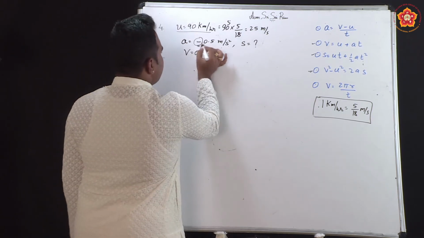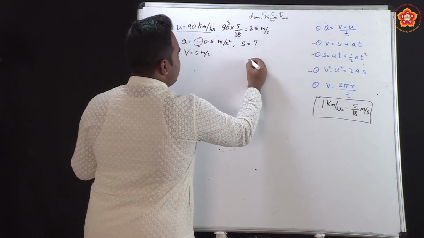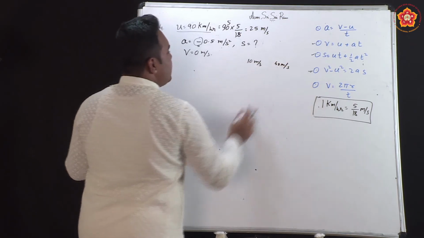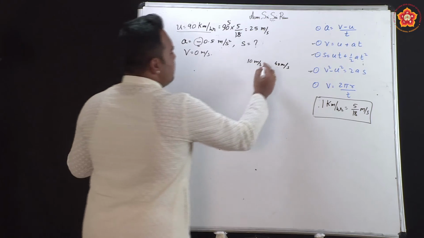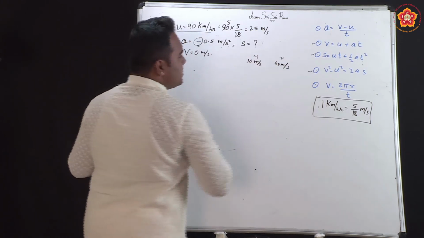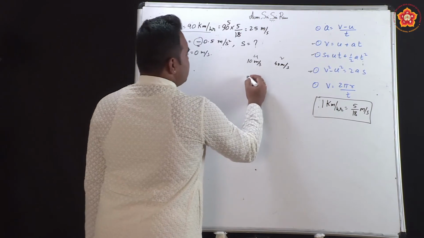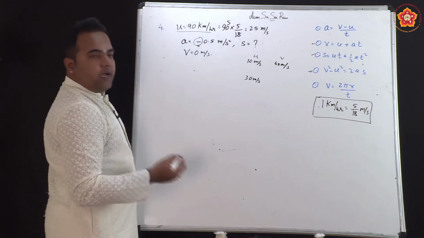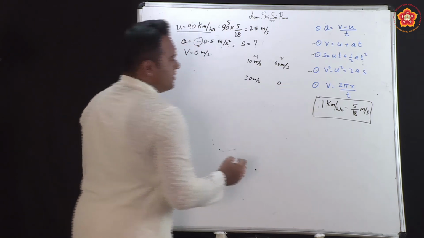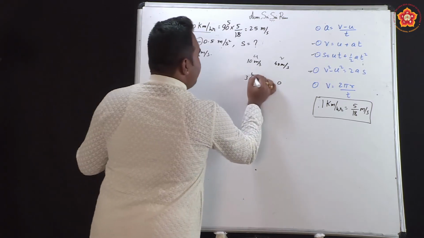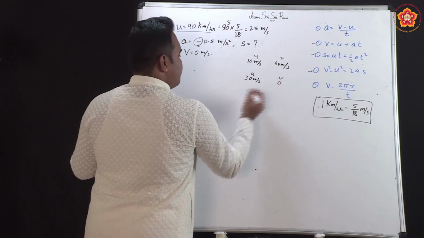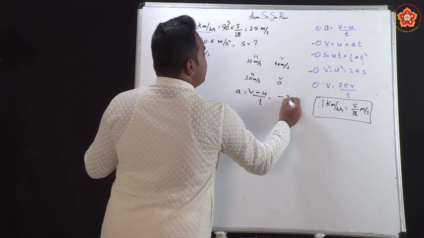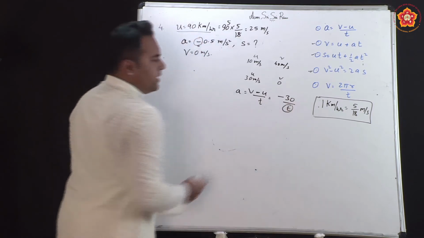So, if the object is increasing its velocity, going from 10 meters per second to 40 meters per second, we say that the object is accelerating. So, v minus u will be positive. Now, let us take the other case. The object initially has 30 meters per second, and then after applying brakes it comes to rest, or its speed is changing. So, what will be the value of v minus u? It will be negative. Acceleration is v minus u divided by t: 0 minus 30 is minus 30, divided by whatever time they are giving us.